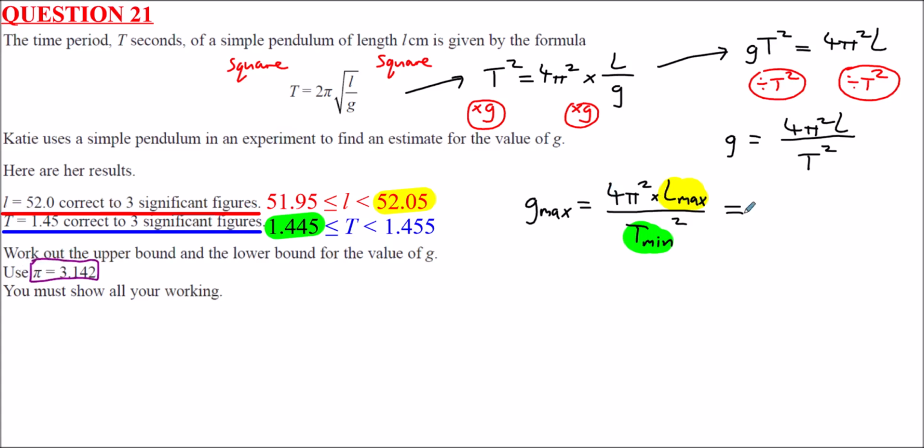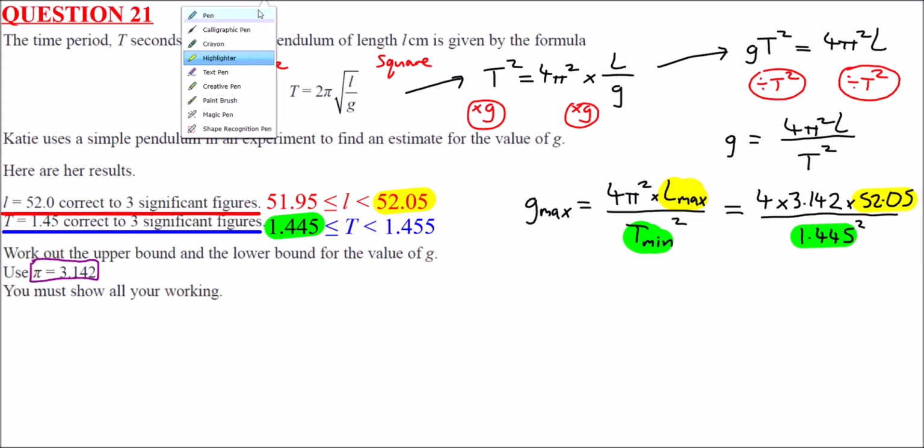Anyway though, just plugging this in, we've got 4 times pi, it says pi is 3.142, so I think do as it's told, times L max, which is 52.05. All of that is over T minimum squared, which is 1.445 squared. So now we just need to plug these numbers in carefully and record our result. So therefore Gmax,